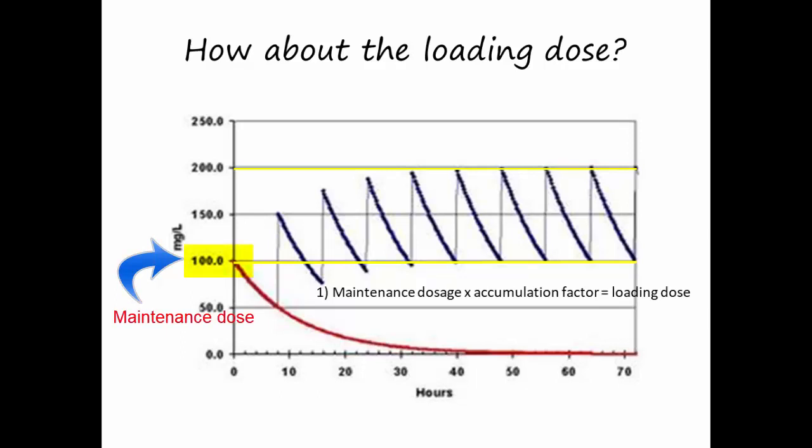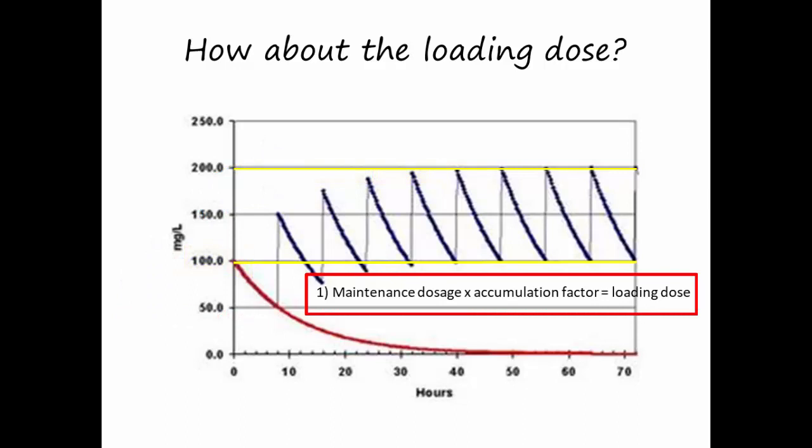And eventually, if you continue giving the same dose at the same interval, it will reach 200 milligrams per liter. So in this case, what we call the accumulation factor from the first dose until it reaches a steady state will be 2. And that would be what you would have to multiply the maintenance dose by to calculate the loading